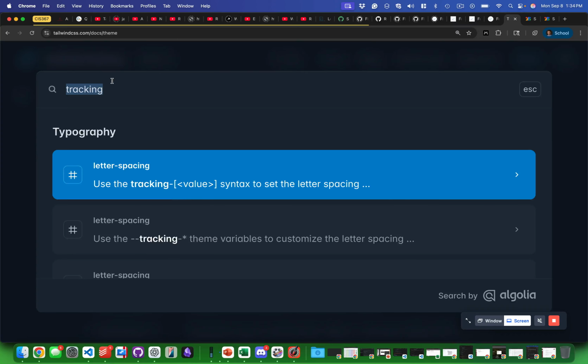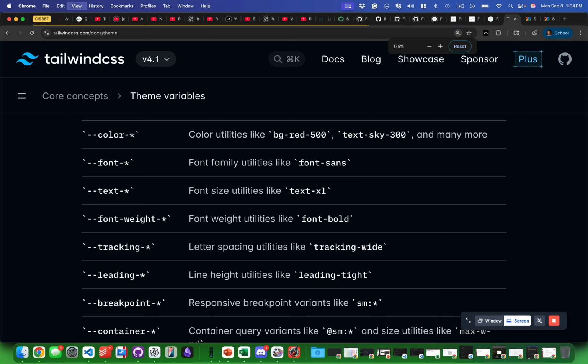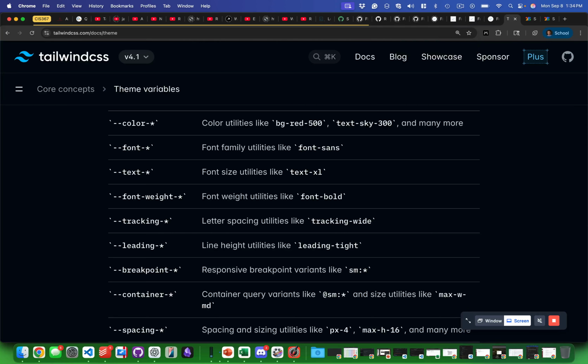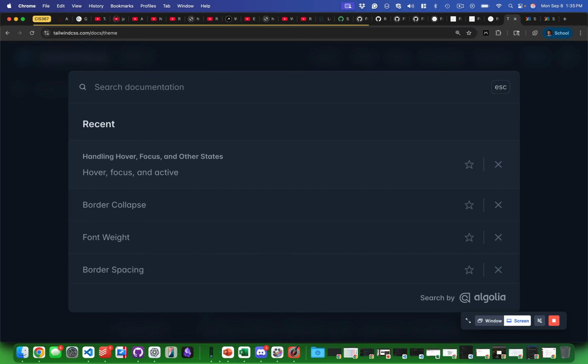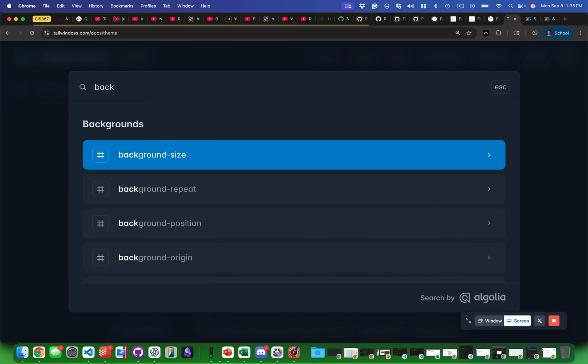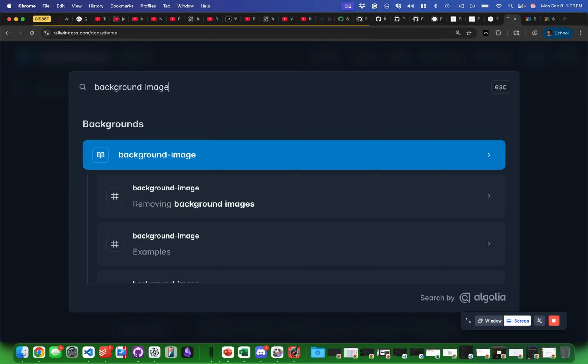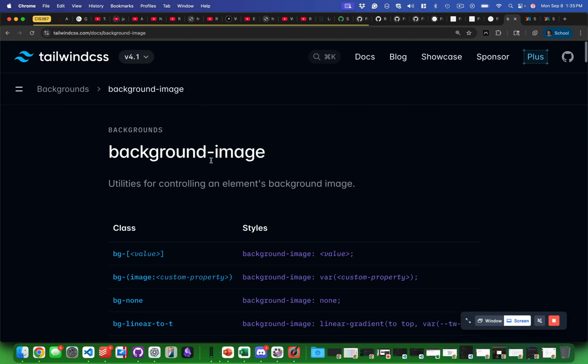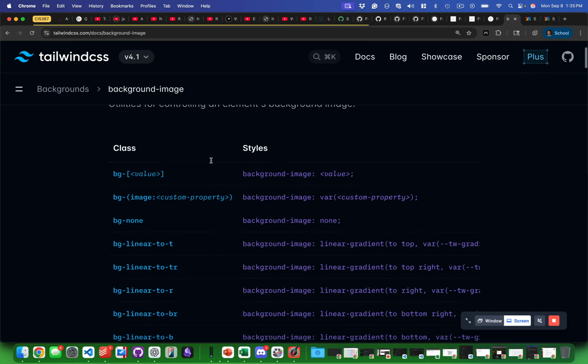I'm pretty sure the Tailwind site has this really cool feature. When you're anywhere on the Tailwind site, maybe just the docs, if you press Command K, or maybe it's Control K on Windows, it brings up this quick search of the documentation. And I would like to look at the background. So how do we do background image? It looks like